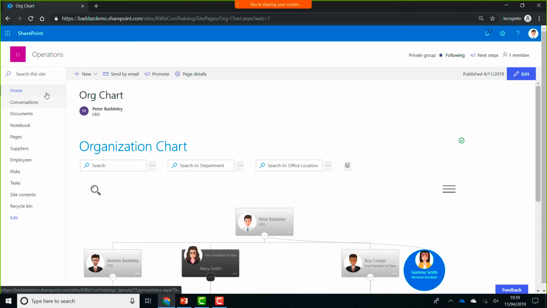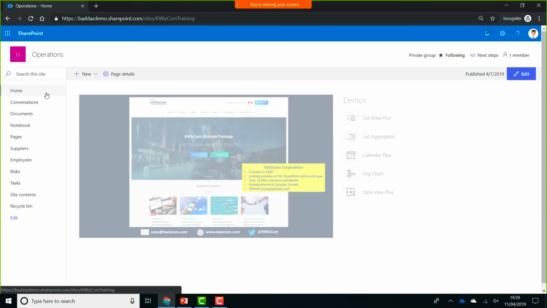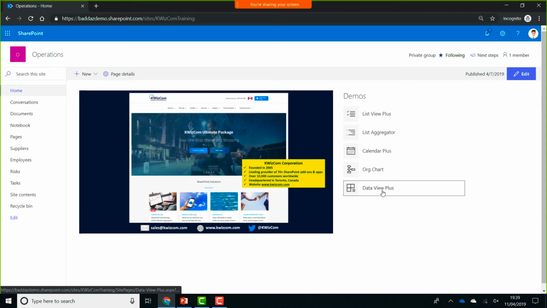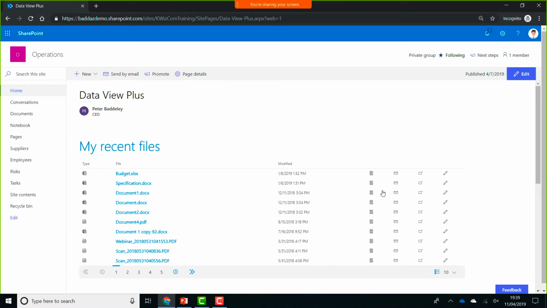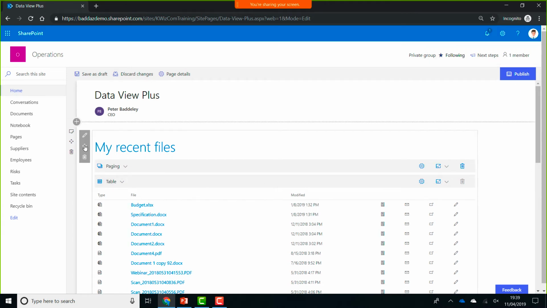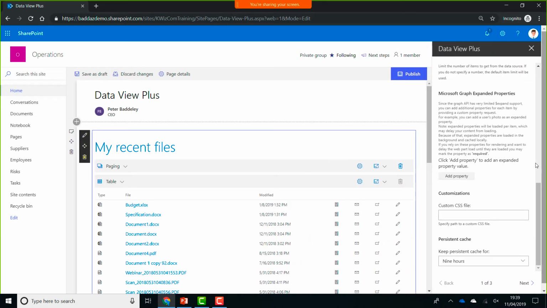Okay, so quickly before we wrap up, I also wanted to talk about the Data View Plus. So the Data View Plus is the combination of everything else which I've shown you. I've got an example here of connecting to my recent files. So if we come into this example,